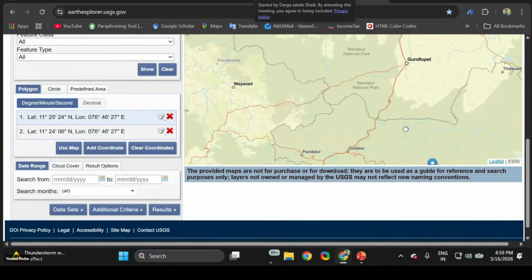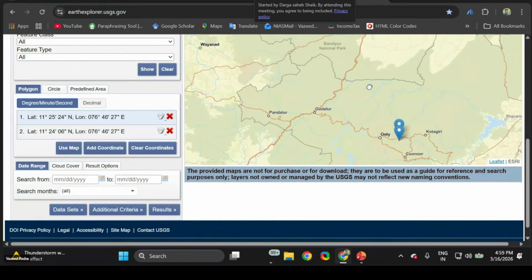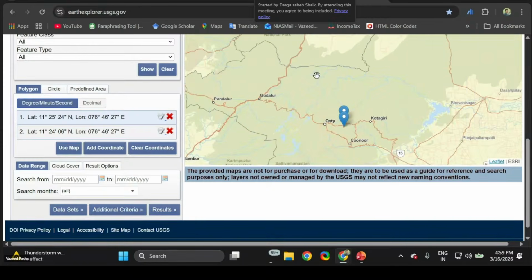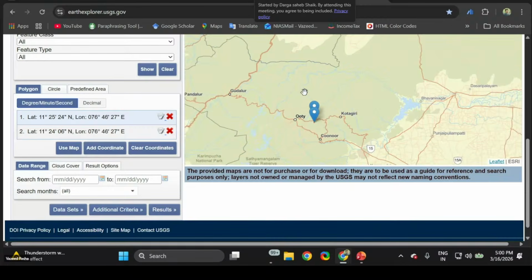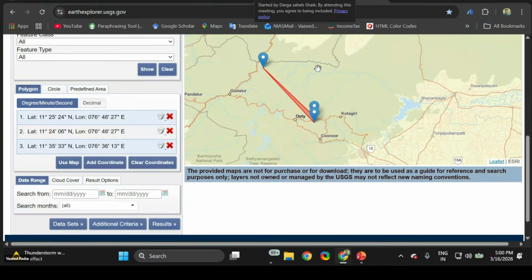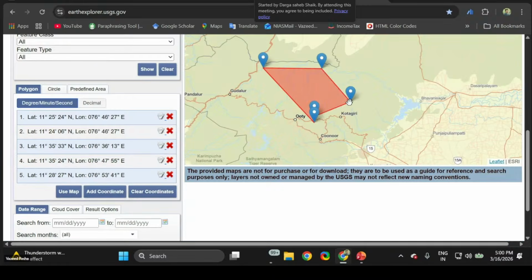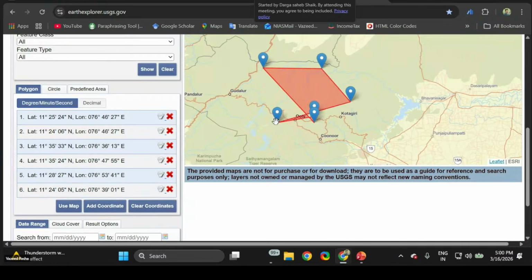This is Bandipur National Park. This is Madumalai area. So you have to select like this. For example, we have taken like this.